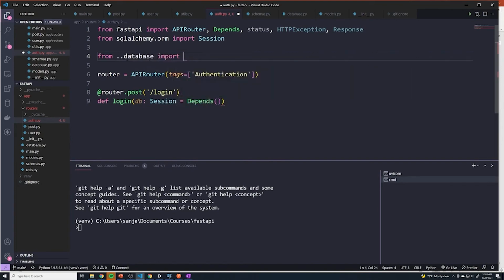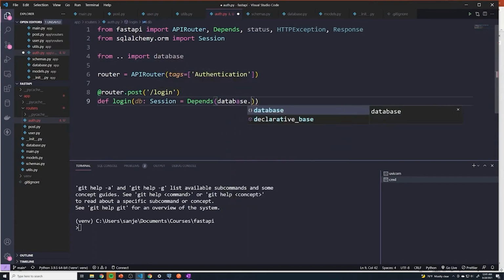Sorry, not session. Actually, you know what I'm going to do? I'm just going to say from ... import database. And then I can just reference it as database.get_db. Right? And since the user is going to be providing the login information, I think it makes